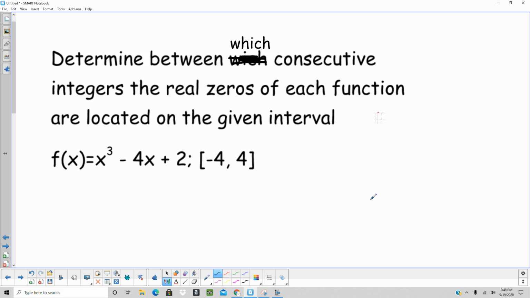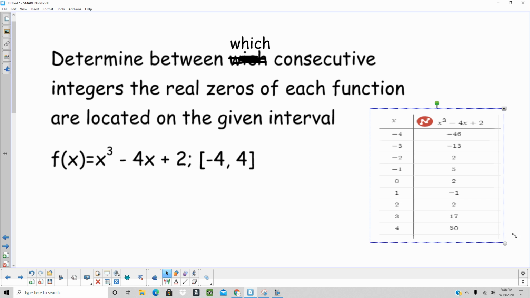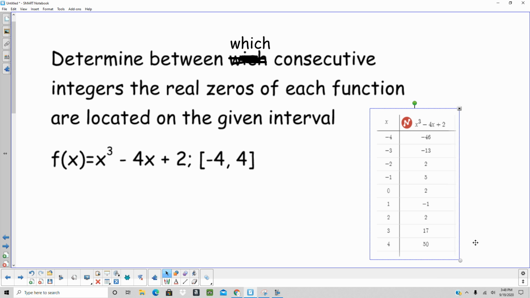So we're going to make a t-table, and in that t-table we're going to choose x values of -4, -3, -2, -1, 0, 1, 2, 3, 4. I'm going to show you a quick way to make a t-table that is a lot easier than plugging in all of your numbers. I've got one pre-made right here, and the way I did it very quickly was I